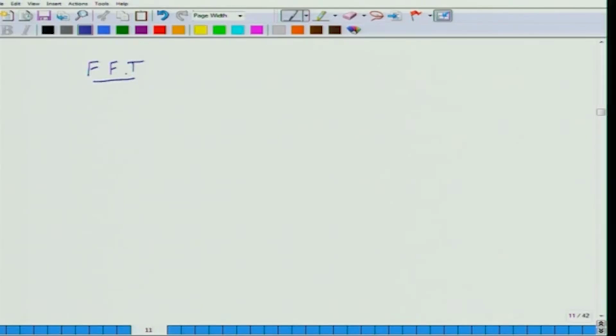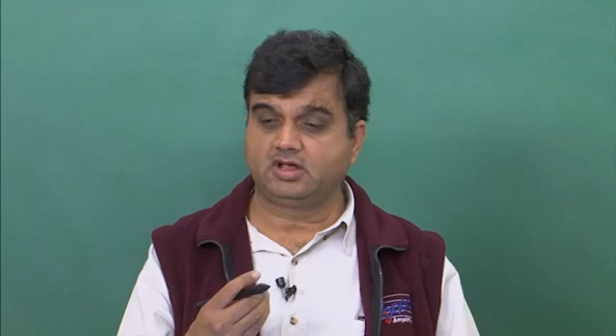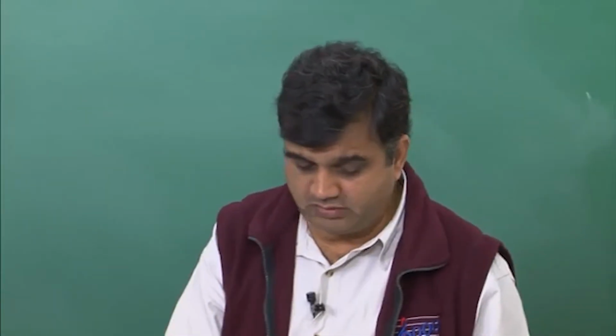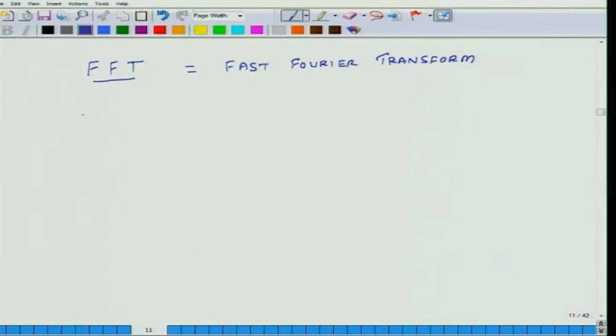FFT. So, DFT was discrete Fourier transform. FFT stands for fast Fourier transform. Most of the times when you hear in industry or in signal analysis, you do not hear DFT, rather you hear FFT. So, we had seen that the DFT of any signal x(t) is given by this relation